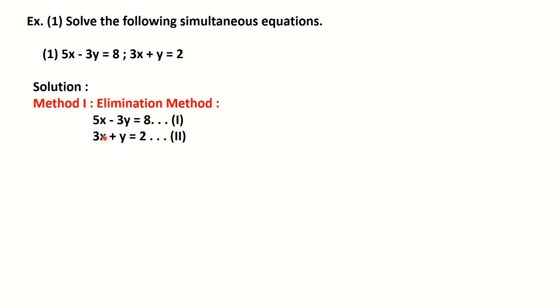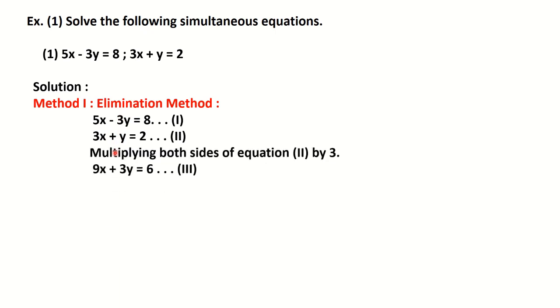If we try to equate the coefficient, we have to multiply both the equations. You can recall your knowledge of 9th standard. Here, if we multiply equation 2 by 3, then these two coefficients will become equal. Okay, so to equalize it, we have to multiply both sides of equation 2 by 3. Okay, for numbering the equation, use Roman numerals. And here, you use our regular numbers. Okay, so multiplying both sides of equation 2 by 3.